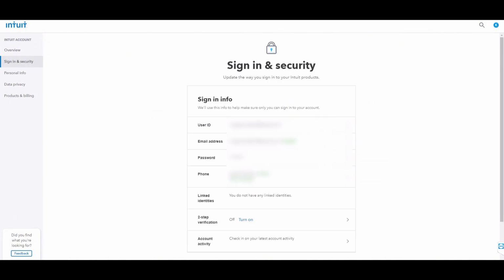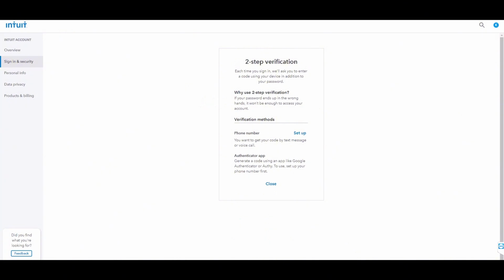Here you will find the option to enable multi-factor authentication, also known as two-factor authentication. Click on Turn On to start the setup process. Then click Setup. You will be prompted to enter your phone number or use an authentication app like Google Authenticator or Authy. Choose the method that works best for you and follow the instructions to link your phone or app